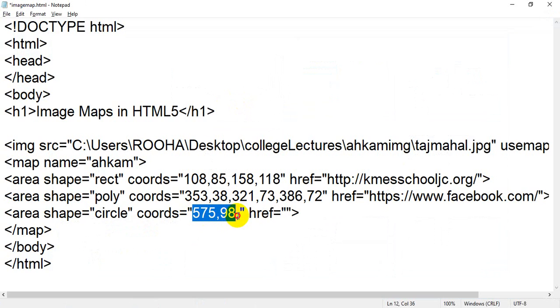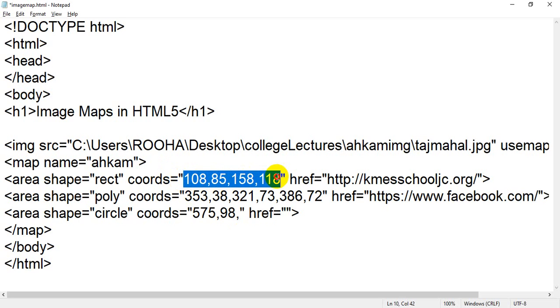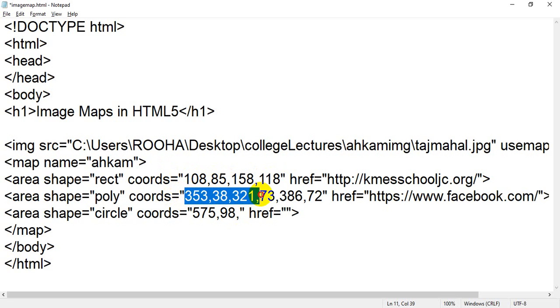Now student, it is very important. Now you have to take only 3 values for your circle shape. Like for your rectangle you have to take only 4 values, that is the value of 2 points. For your polygon you have to take a minimum of 3 points, that is 6 values.